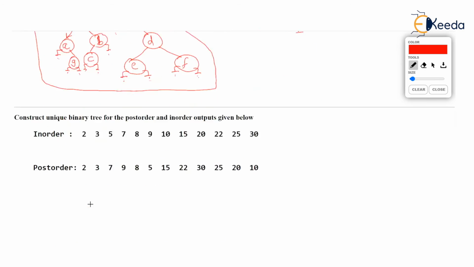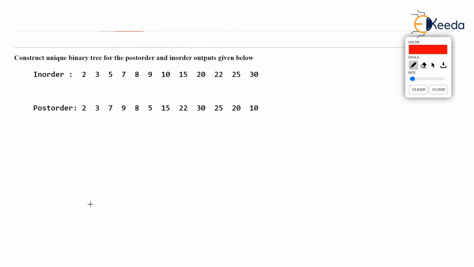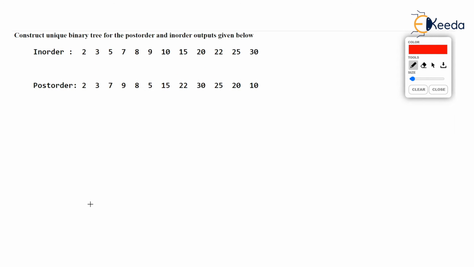Now, do we have any other question? Yeah, just a repetition. One more exercise I have given. Given in order and post order, what will be the binary tree? So I'll just write the answer. You can later on confirm whether your answer is correct or not. 10 is the root, then 20 goes to the right of root, then 25 goes to the right of 20, 30 goes to the right of 25,